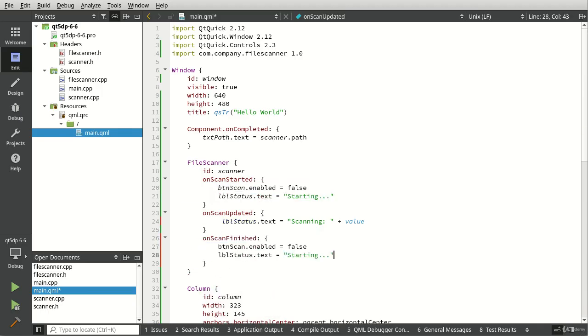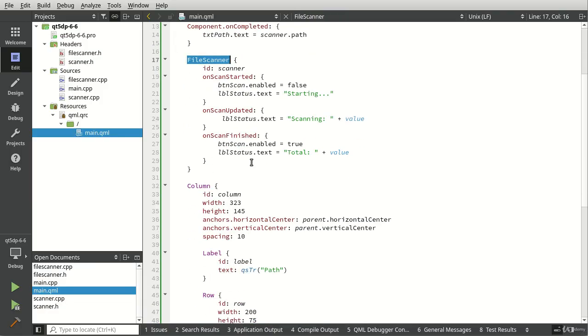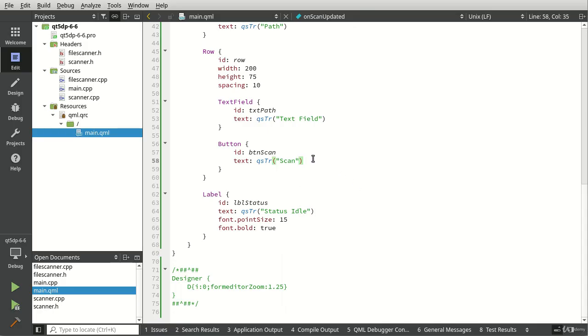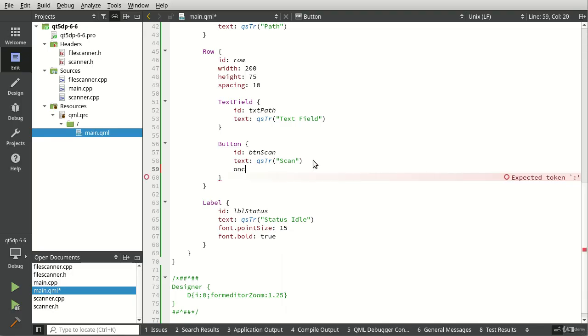On scan finished. Bang. Whoops. Got a little happy there with my copy and paste. Total. All right, so now we've hooked into this file scanner, and we've got the signals and slots all set up. Now we need to actually go into our button and say on clicked, scanner.scan,